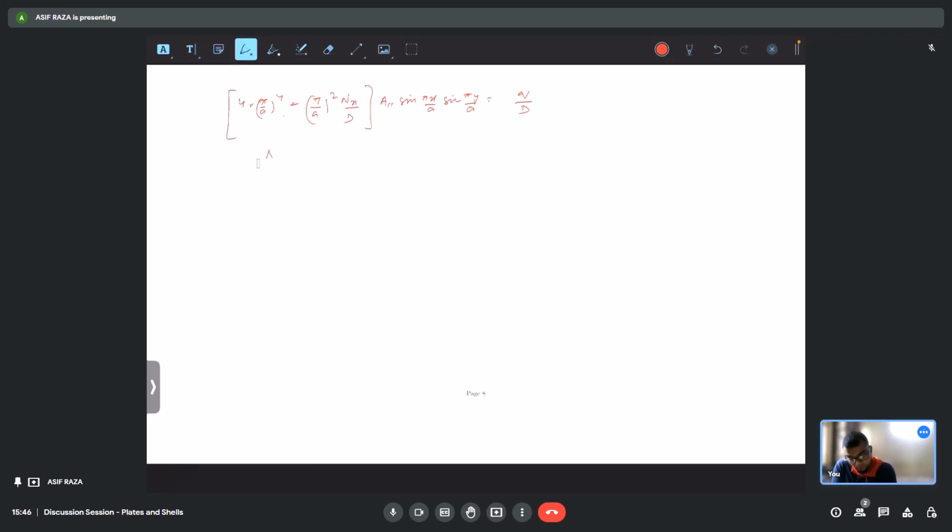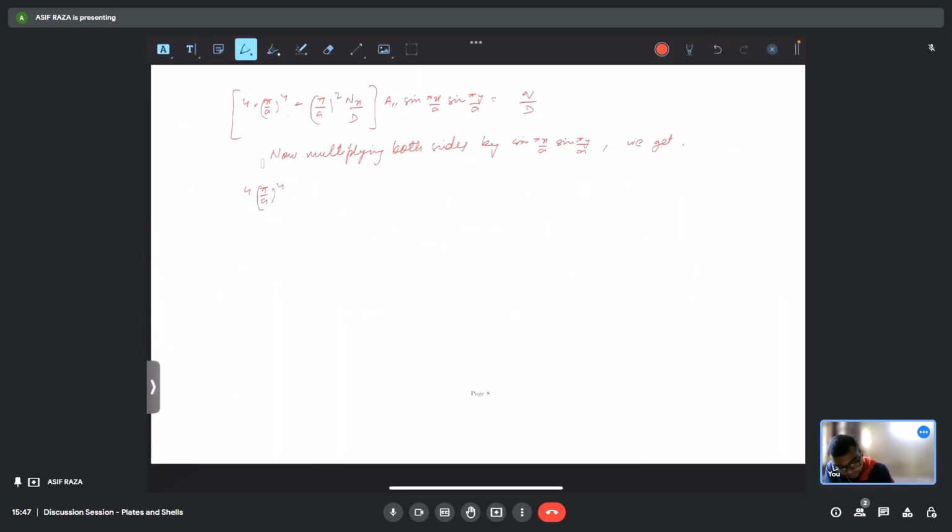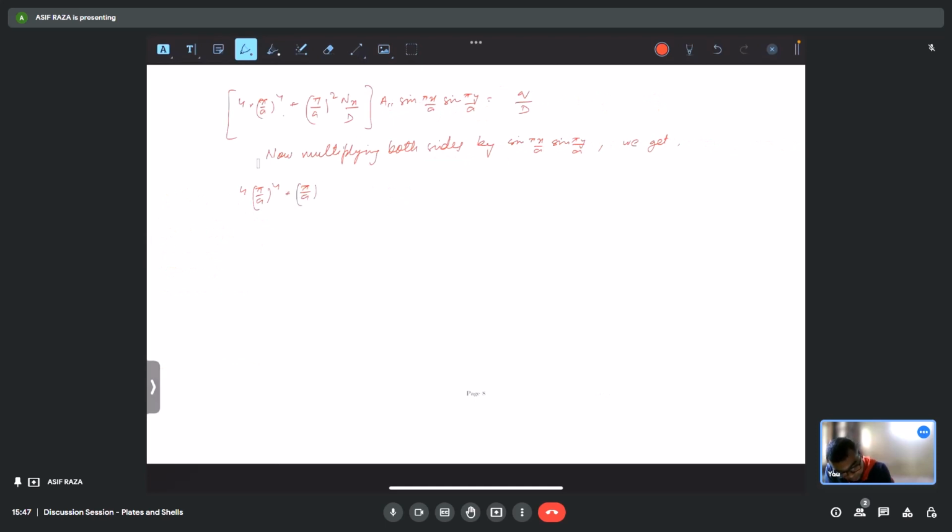Now multiplying both sides by sin pi x by a sin pi y by a, we get 4 divided by a to the power 4 plus pi by a whole square plus Nx by D and square is